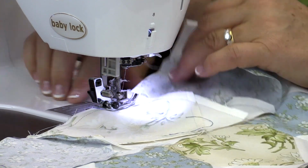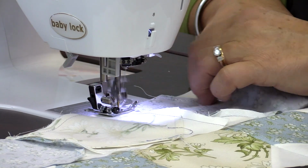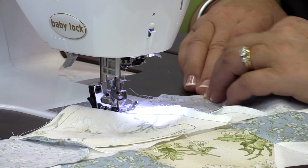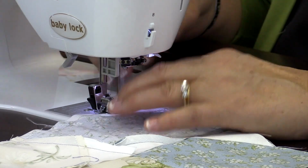Oh, that one wants to fold too. Make sure those stay laying down, and that will keep less fabric bulk, and it will just make it line up really nice. All right,